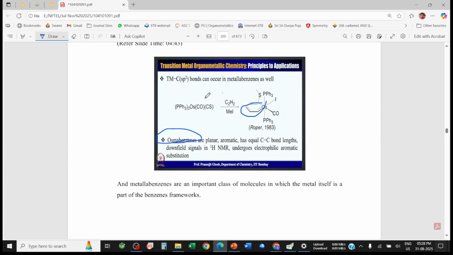So this is what you can call metallabenzene. Metallabenzene is a kind of metallacycle. That's why this is an important reaction. Okay, so next is